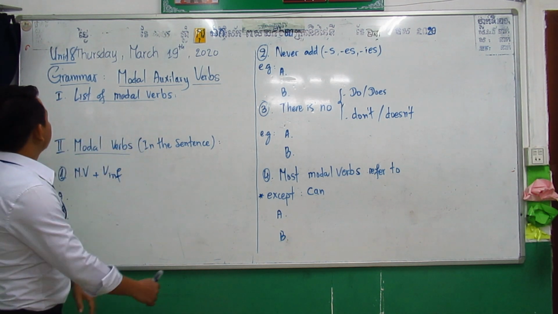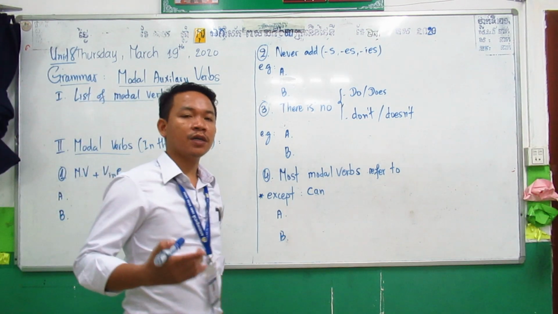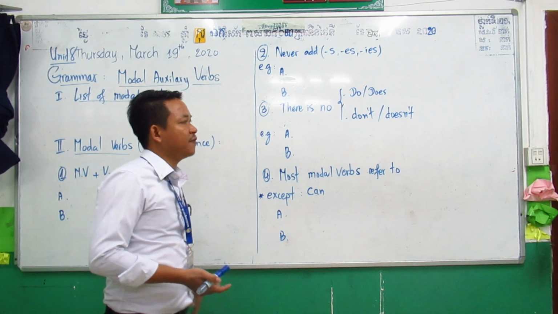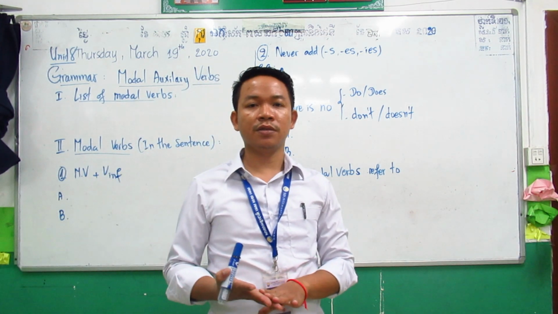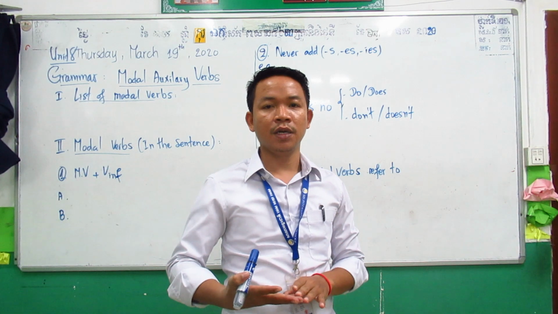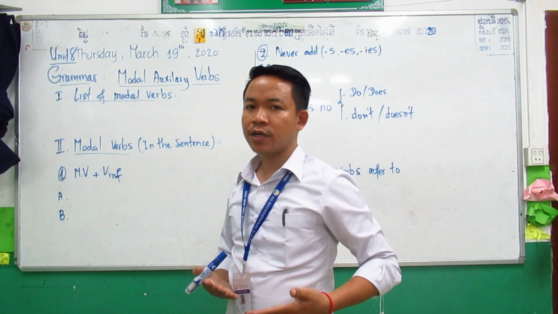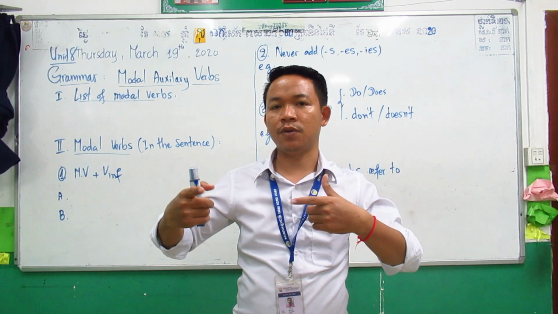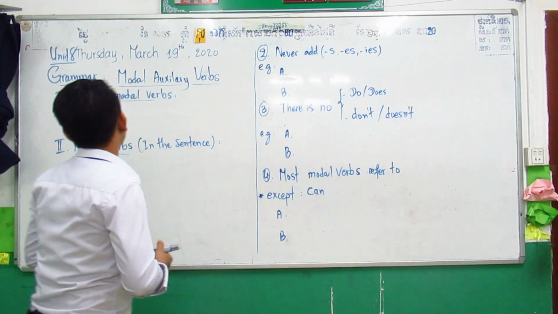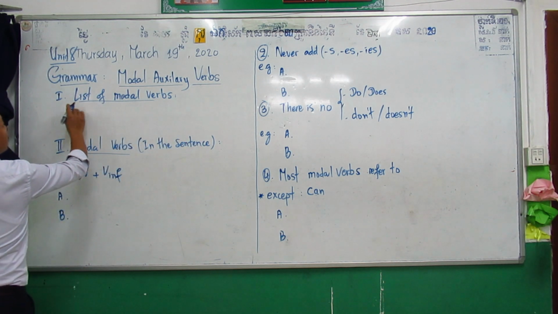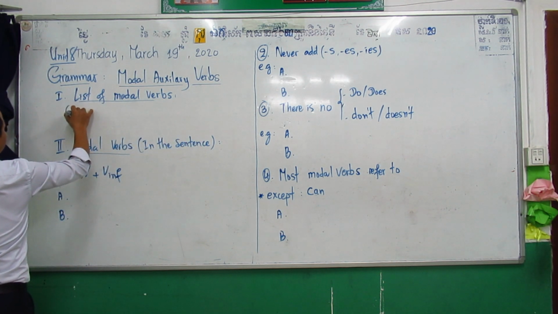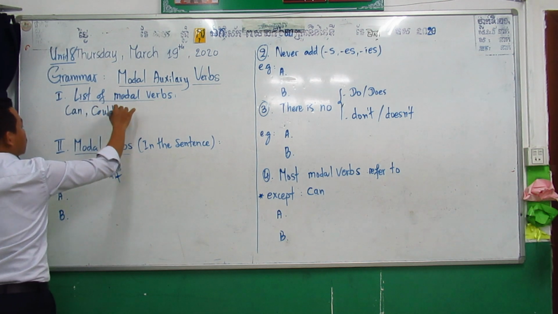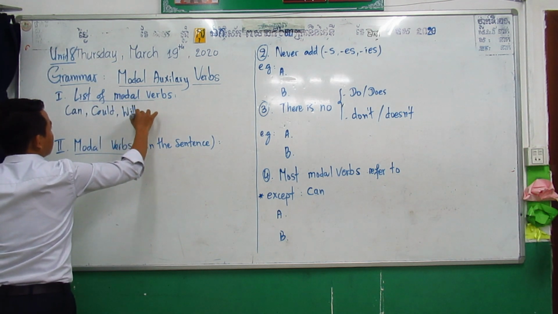Okay. So can you tell me what the modal verbs are? We have around 9 or 10 modal verbs that you have to recognize. After you watch my video today, you have to remember and be clear about the modal auxiliary verbs. Alright. So this is the list of modal verbs. We say can, could, will, would,